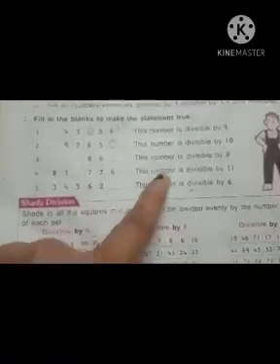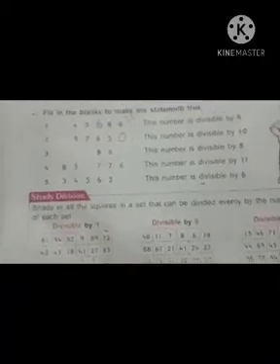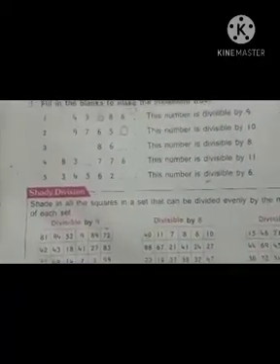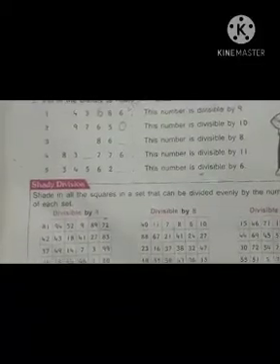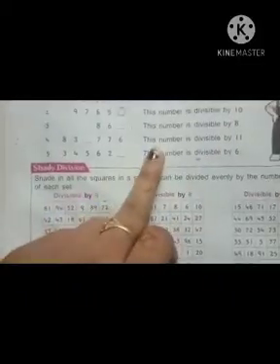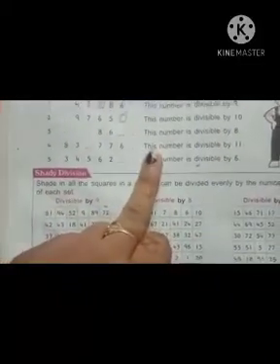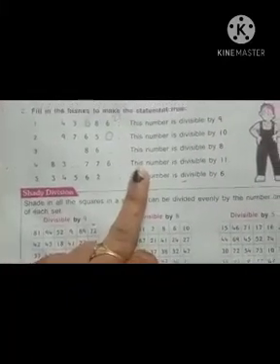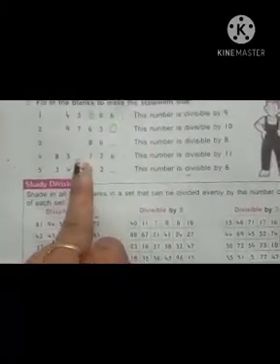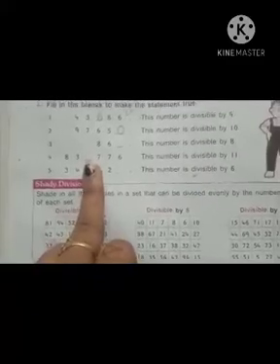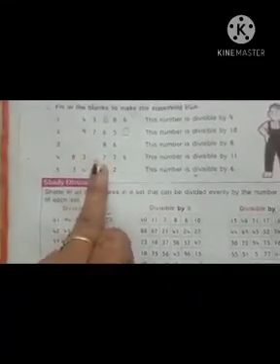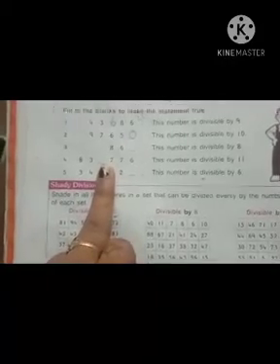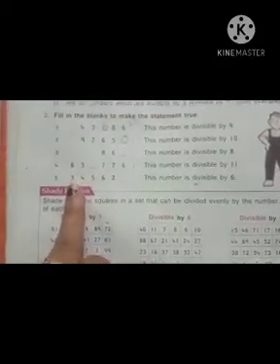83-776 dash. This number is divisible by 11. What is the rule of 11? Sum of the odd places and sum of the even places, again we have to take the difference. Difference means subtraction, children. You have to go through the class. I already told the statements in the class. Children, you have to calculate this one and write the answer. And next, fifth one.